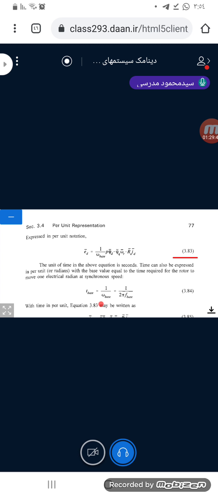Putting time in per unit, equation 3.83 may be written as